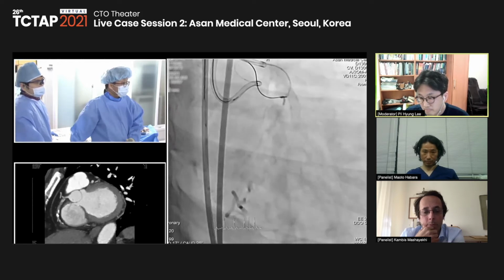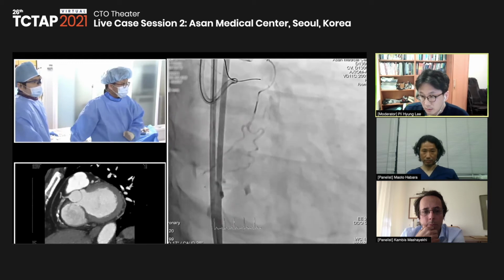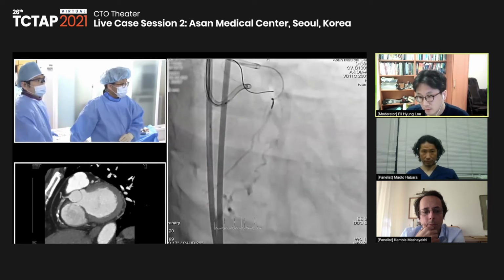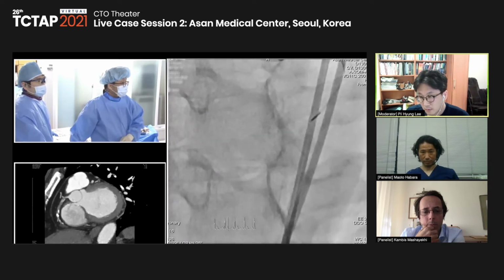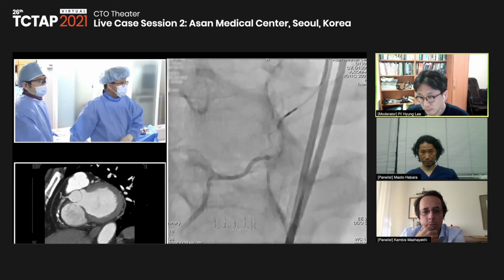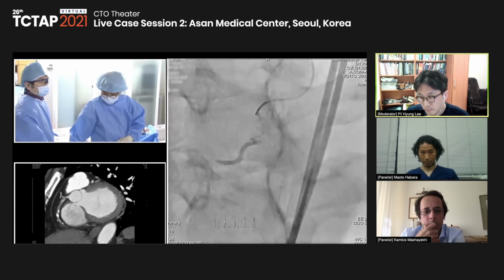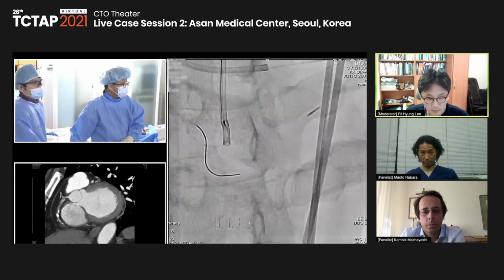You can see that the epicardial collateral at the right side is more dominant. The left side, I'm not sure whether it's connected or not. So I tried to wire it on the right side, and after advancement of the microcatheter to the distal portion, I did a microinjection. I confirmed that it was connected at the distal,